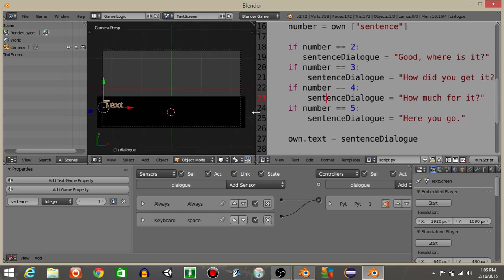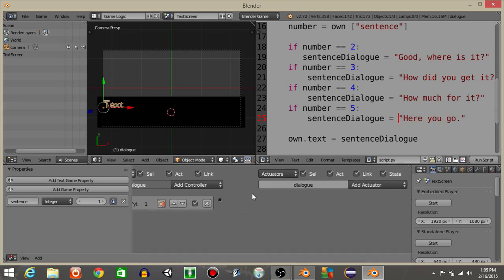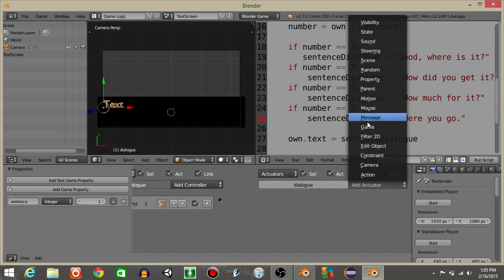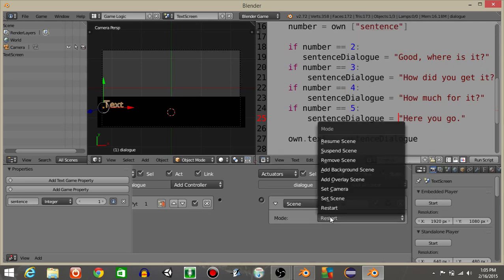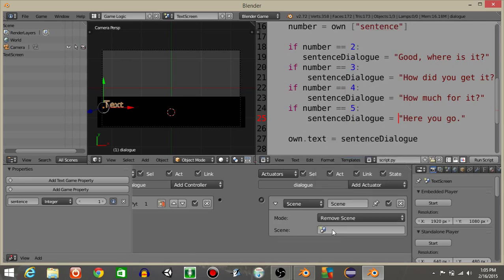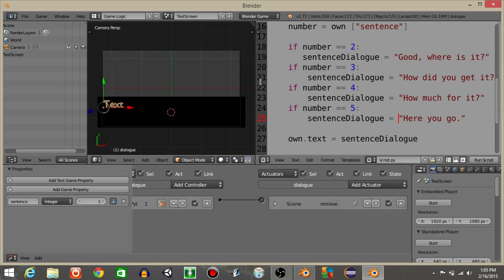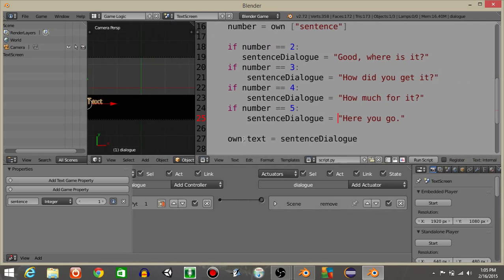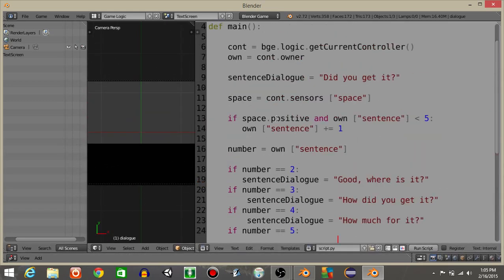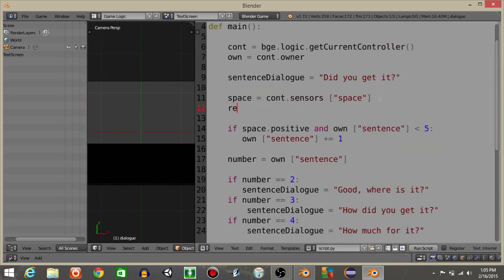What we now want to do is have it so that once it reaches number 6, or essentially once we're done with these sentences, we're going to have it remove the scene. So let's add an actuator, and let's say this will be a scene actuator. I'll name this remove scene, and let's put text to screen. And I'll name this actuator remove like this. Minimize this. And I'll drag this down. And let's define our remove actuator. So let's do remove is going to equal consta actuators